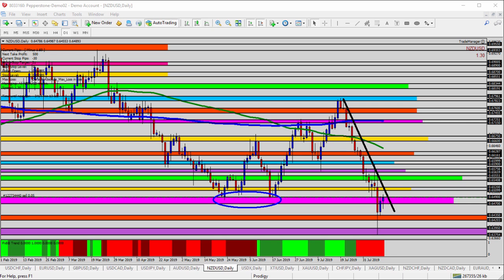Today we're looking at the NZDUSD, the New Zealand dollar versus the US dollar, for today's trade analysis. Looking here at the daily time frame, it's not too hard to see that this currency pair has been in a downtrend in recent weeks along the black trend line, pretty much a straight line drop, as it has continued to fall from the upper almost towards 68,